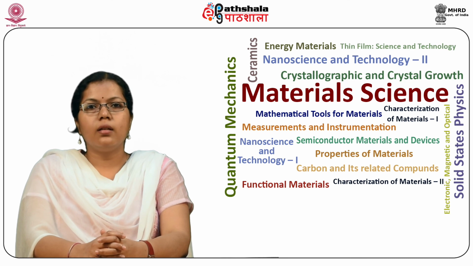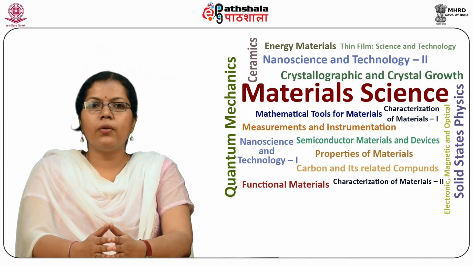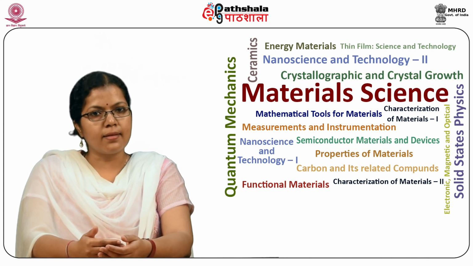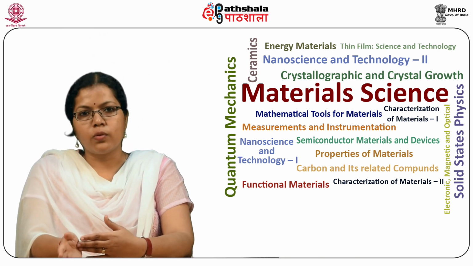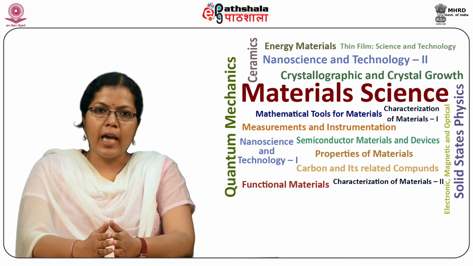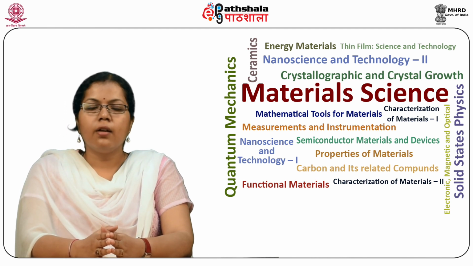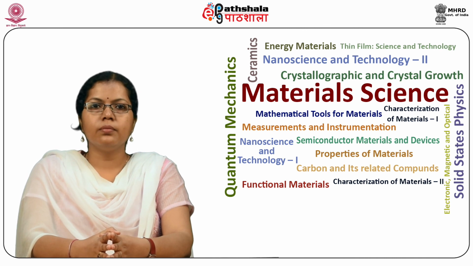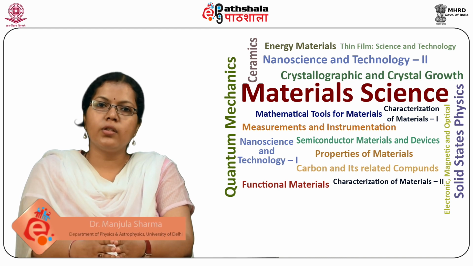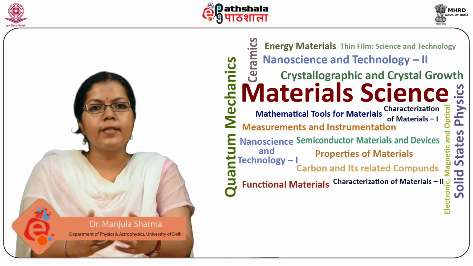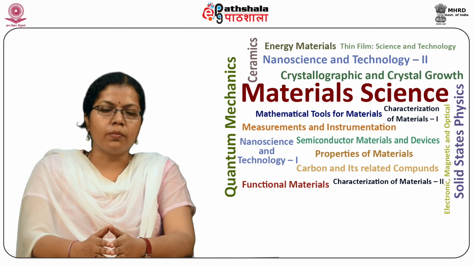So students, let us now summarize what we have learned in this module. We have learned about the components of the microscope, the lens system. We have compared the components of the optical, scanning and transmission electron microscopes. We have learned about the Abbe diffraction limit. We learned about the important features for imaging. We have studied the spherical aberration, the chromatic aberration and astigmatism. We also learned about the resolution of the electron microscopes, and towards the end we saw the comparison of the optical and scanning electron microscopes.